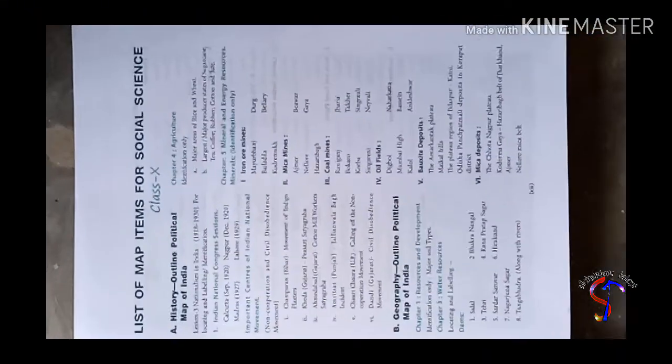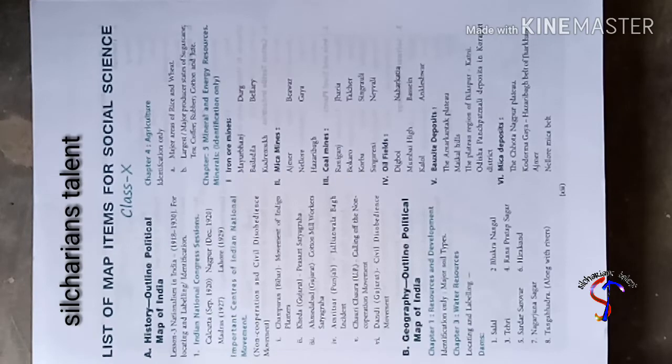Friends, we are done with the map. Now let us see the list of map items for social science which is to be located. So here, as you see the list, history has got some which will be basically from lesson number 3, Nationalism in India, under which you have to just locate some important places or centers of Indian national movement, which